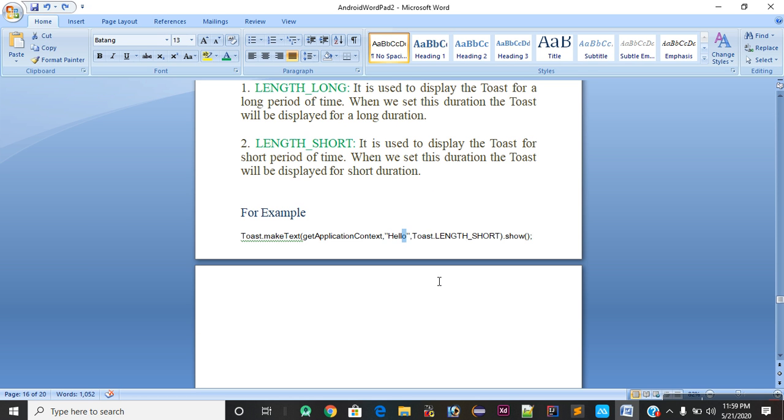I have passed hello, and now we call Toast.LENGTH_SHORT. It will show the display message for a short period of time, not a long period. The notification hello is displayed, and suddenly it disappears after a few seconds.